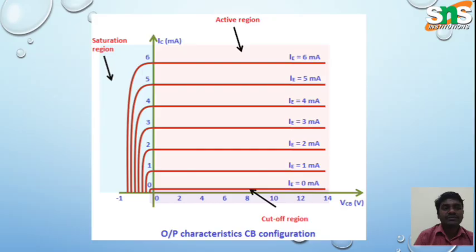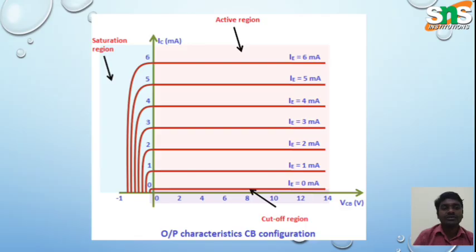So basically if you fix the IE current at 0 milliampere for the first stage, that is the cutoff region. If you are not supplying any current, it is in the cutoff region of the common base configuration. If you increase the emitter current to 1 milliampere, 2, 3, 4 up to 6 milliampere, in the saturation region it suddenly increases and reaches the saturation point. So in this active region,